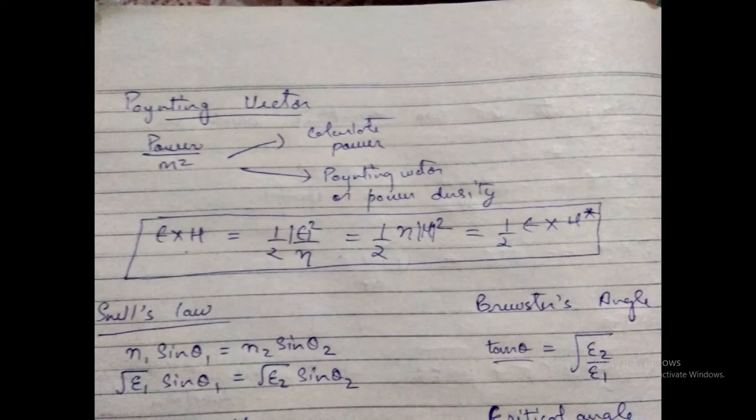So Snell's law: n1 sin theta 1 equal to n2 sin theta 2, and n is the refractive coefficient here. It is not eta, so don't confuse it with eta. And we can directly form the equation. And Brewster angle is also an angle